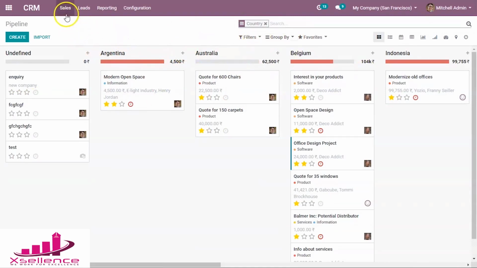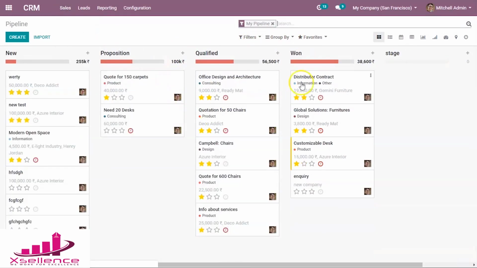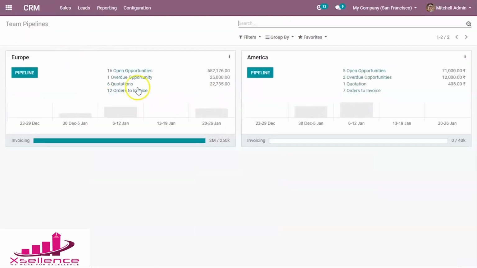Then we can go to the sales menu. Here is the pipeline, it shows the overview, and the next one is the quotations, my quotations that we discussed, and the team pipeline. Here we can see the sales teams that we created from this configuration.